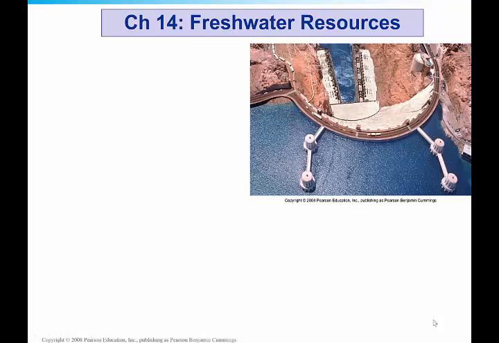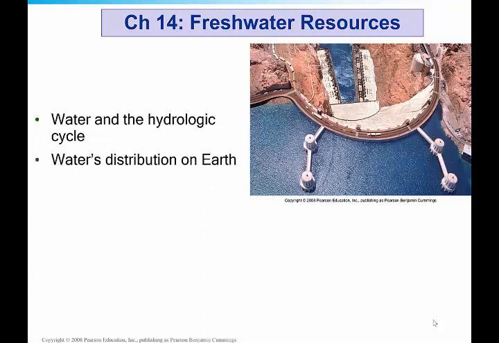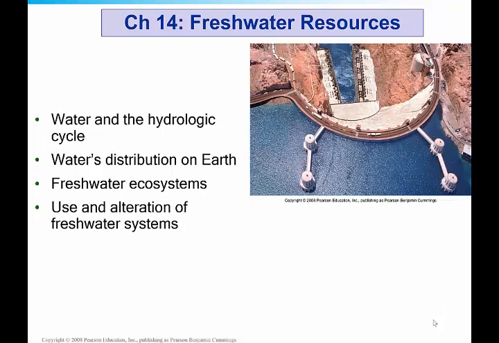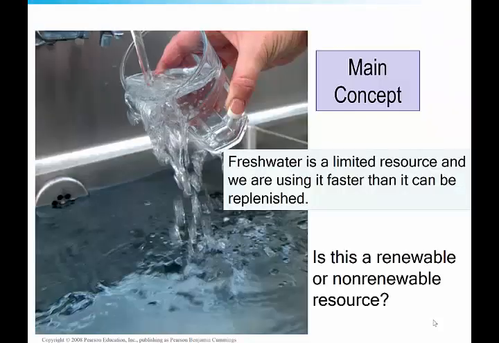In this chapter, we're going to talk about water and the hydrologic cycle, the distribution of water on Earth, freshwater ecosystems, how we use our freshwater systems and how we're altering them, and also problems about water supply and some solutions. So when it comes to fresh water, one thing to keep in mind is that fresh water is a